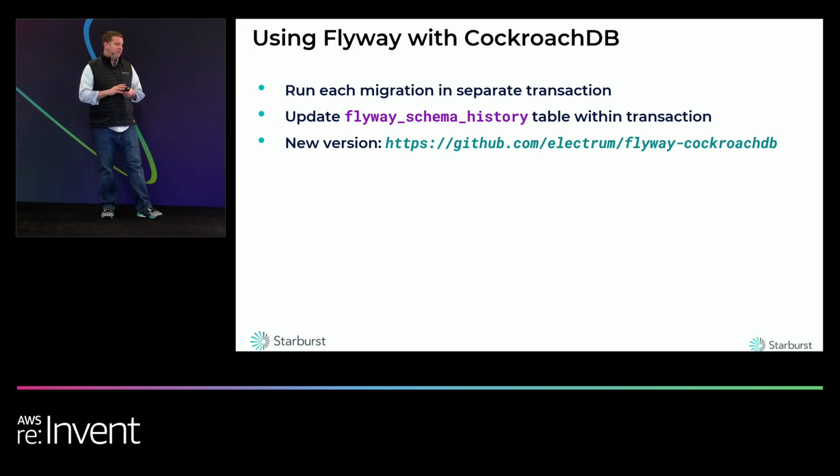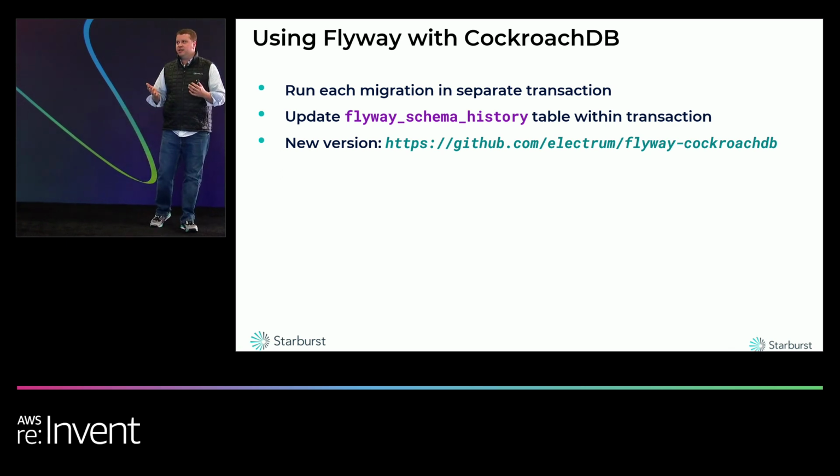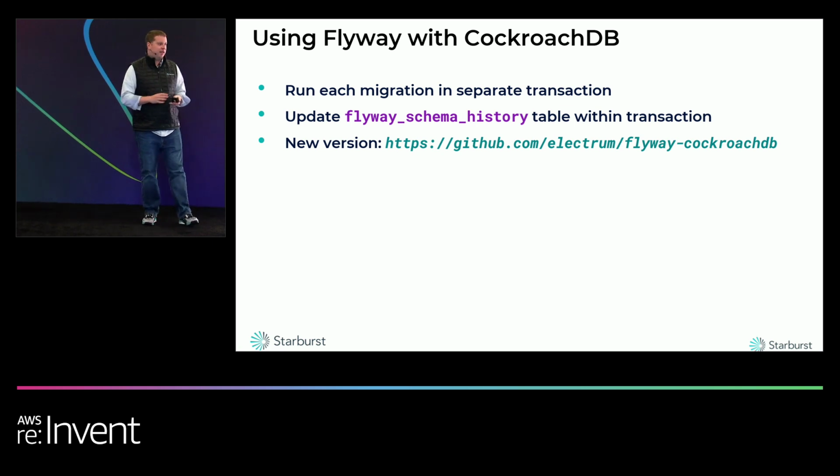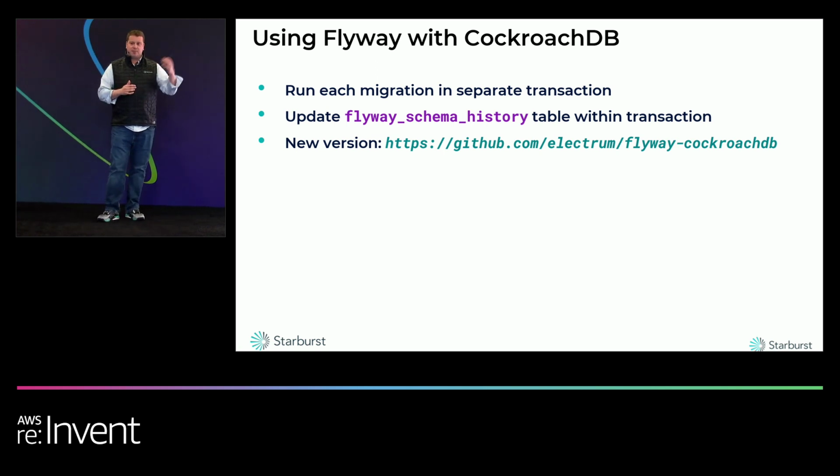Flyway is a Java schema migration tool. We chose that because it speaks SQL and we understand SQL. There are other tools out there that use a higher level language, but we really like Flyway. There was a little bit of a challenge here because Flyway was written before CockroachDB had transactions, but open source to the rescue. We were able to make the changes required to get it working. We're actually working with the teams now to upstream that to open source. It was a very nice collaboration there as well. And if you want to check it out in the interim, it's at that address before we